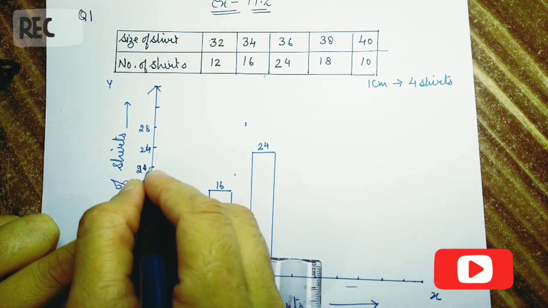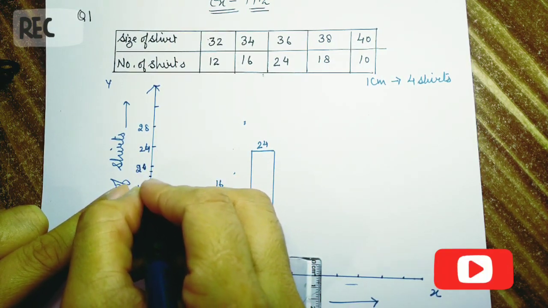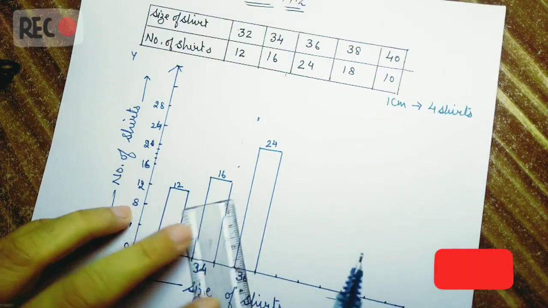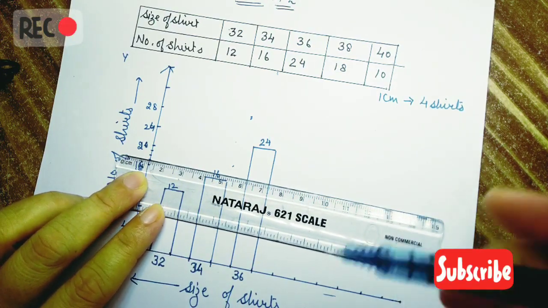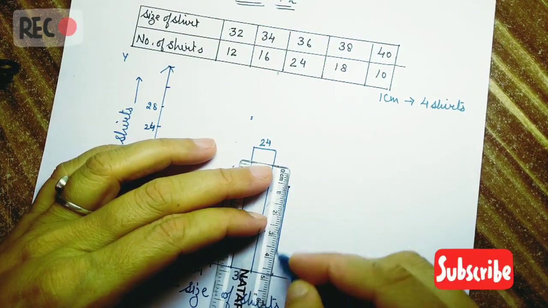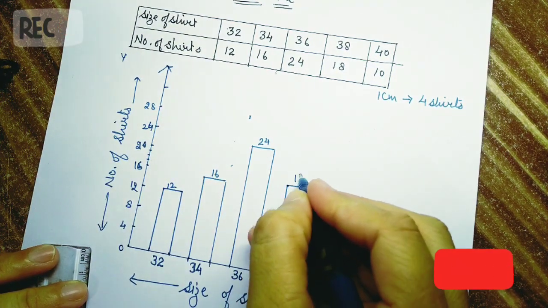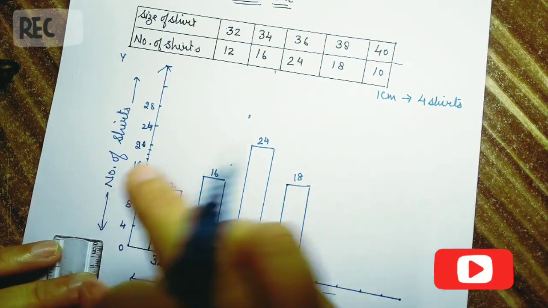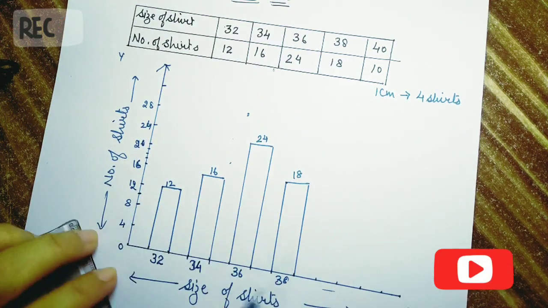16 to 20. So in 4 equal parts, where will 18 be indicated? Here. This difference you can easily take in your graph copy because they have given the marking for each one. So it might be here, 18. Okay. And this one is size number 38. And the last one is size number 40, having 10. So 8 divided in 2 equal parts. So here it will represent 10.